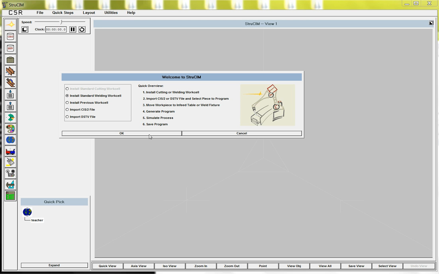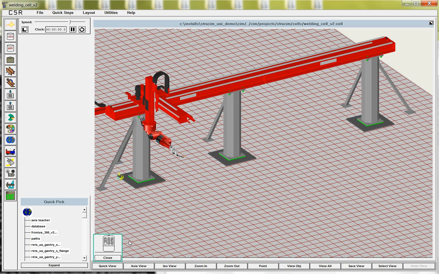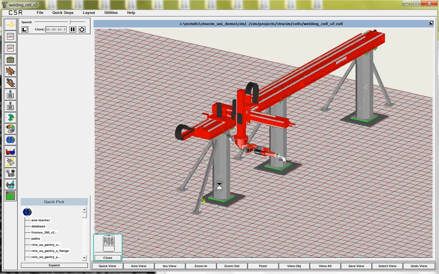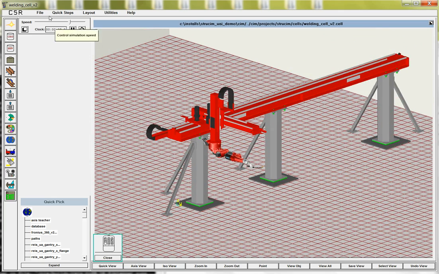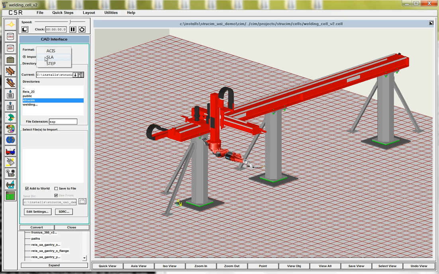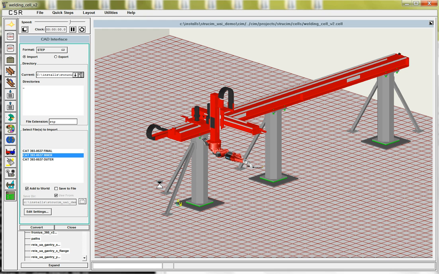Hello, this is Rick Guptill, and we're going to use TrueSim today to show how we would weld a part on this machine. This is a 3-axis robot with an XYZ gantry setup, so it's got pretty good reach. We're going to use a solid model. It's a step file format. We're going to use this inner part here, and it looks like it comes from the